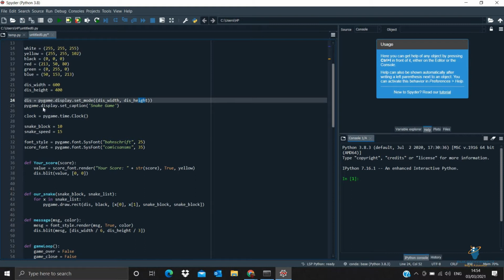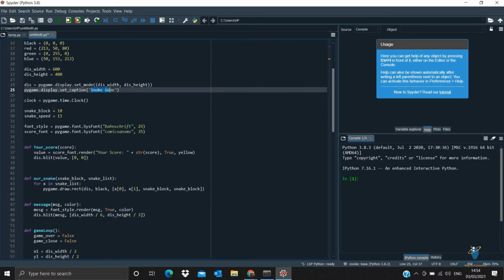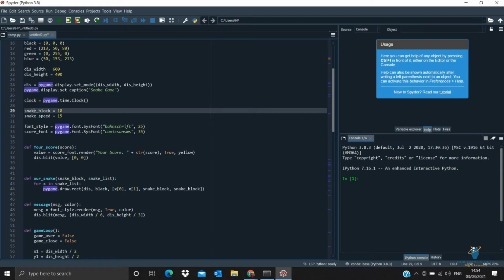In the next statement, we give a heading to our pop-up screen. We have given it the name snake game. Then we create a new variable, clock, calling the Pygame time module. With the help of the clock keyword, we trigger our system's time, so we can use it. Then we have given new variables, snake block and snake speed.